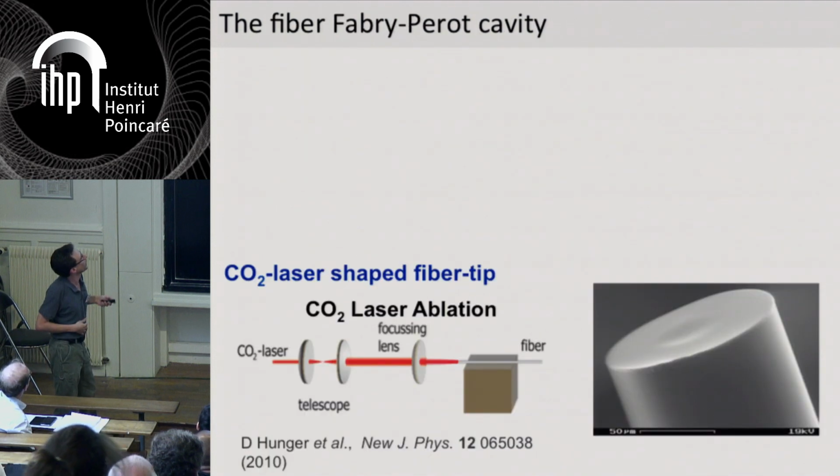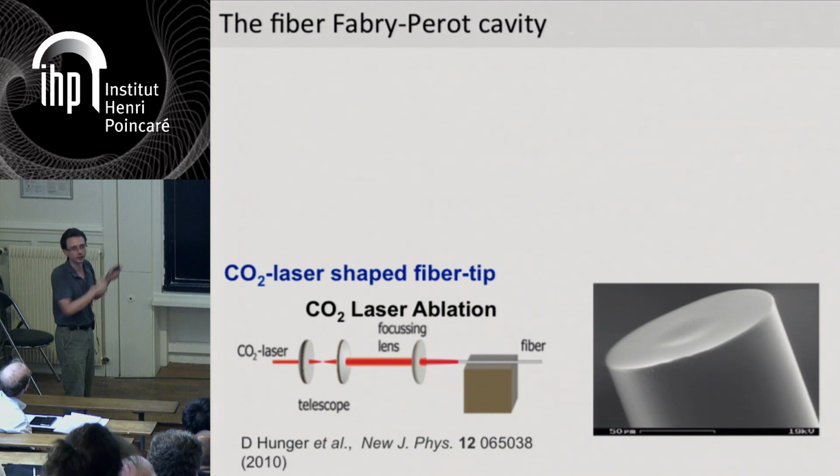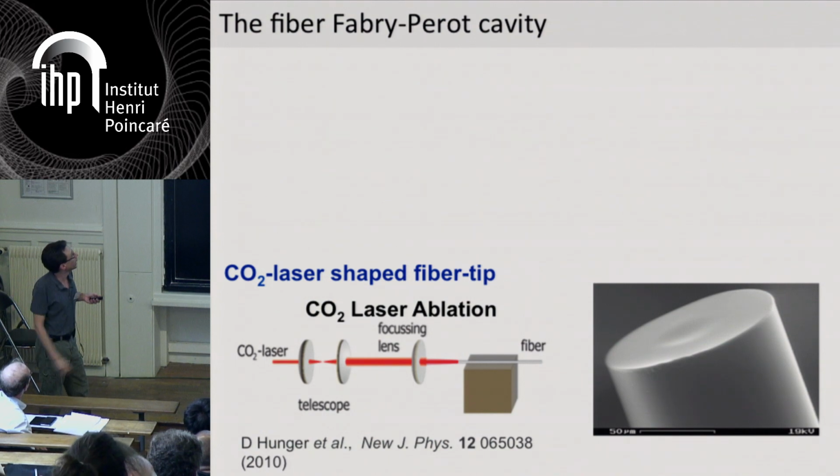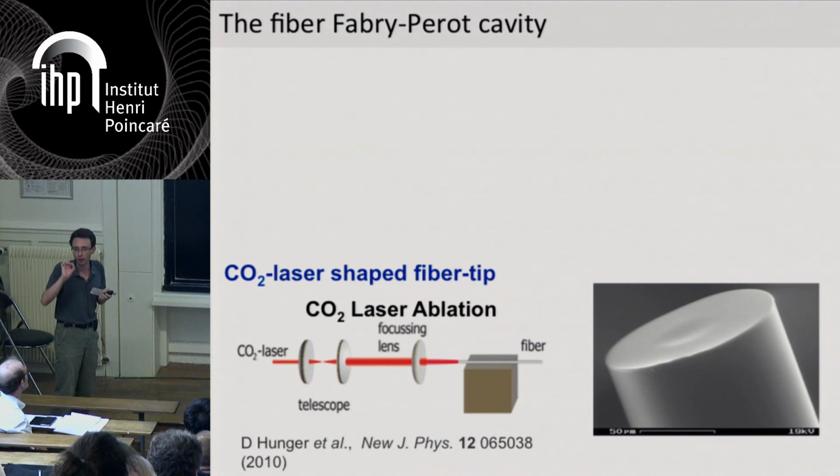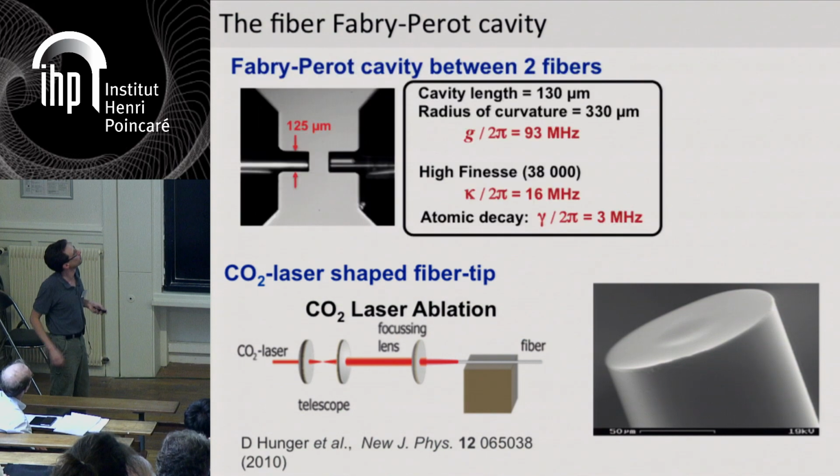And this is all based on this very successful technique that was invented at LKB, which is to use the tips of optical fibers as mirrors. So the way they do this is they etch the end of the fiber tip with a CO2 laser, and this drills a kind of dip in the fiber tip, which is then coated and acts as a mirror. So when you put 2 of these fiber tips on top of each other, you get a Fabry-Perot cavity,